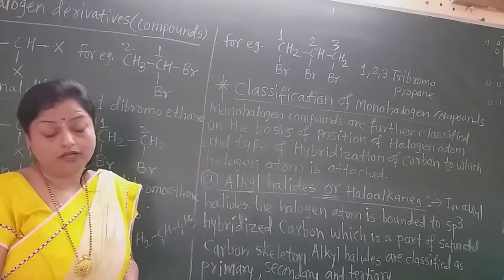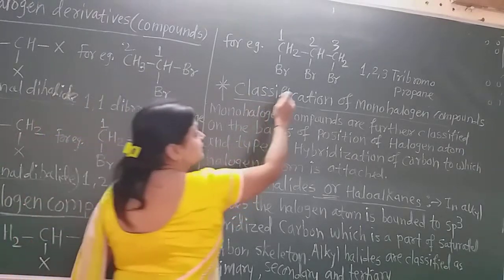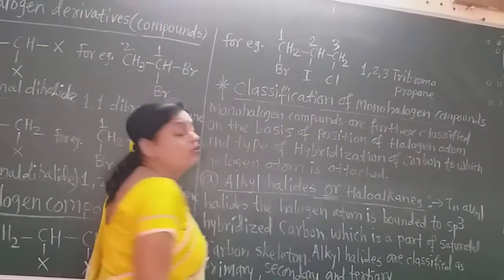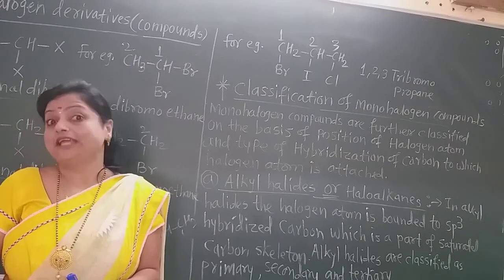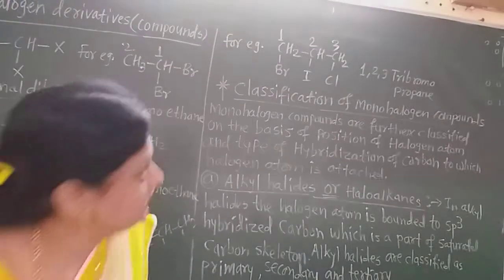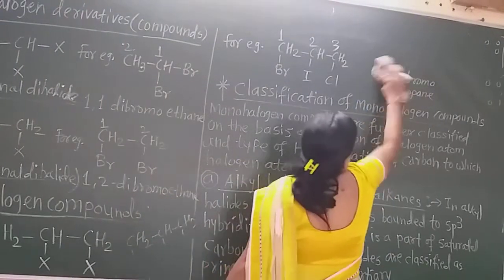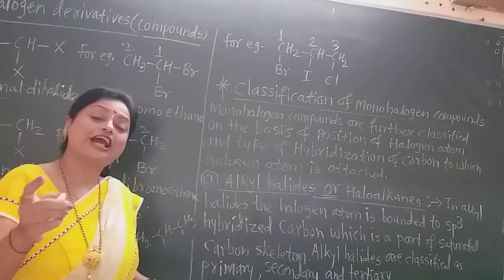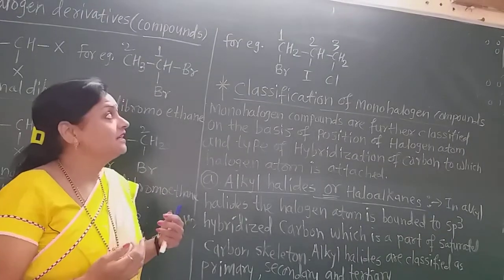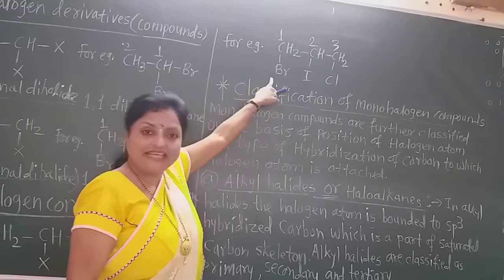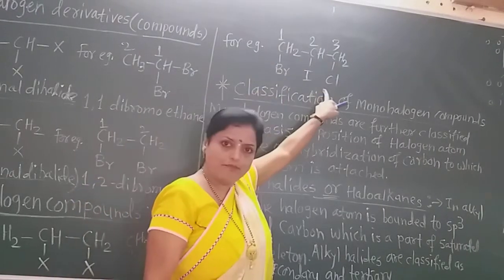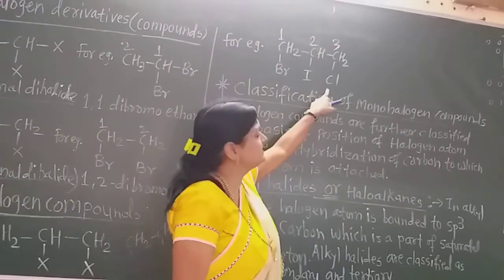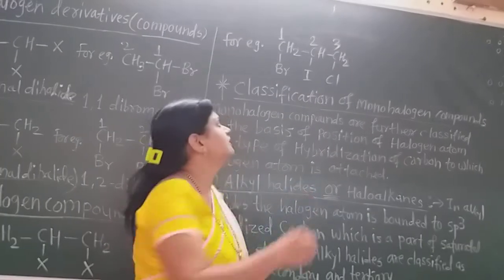But remember students, if there is such a case, suppose here is iodine and here is chlorine, then how can we write the IUPAC name for such a compound? Now let us learn how it is. The name will be there for this compound. Yes, here again alphabetical order, because B comes first in ABCD, then C comes first and then I. But B comes first, and B and C are at the end sides, so we start from this.